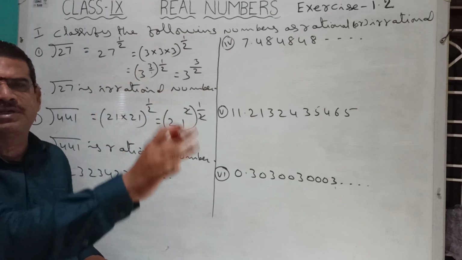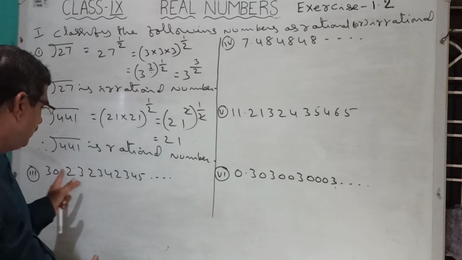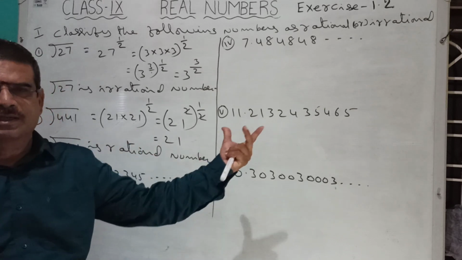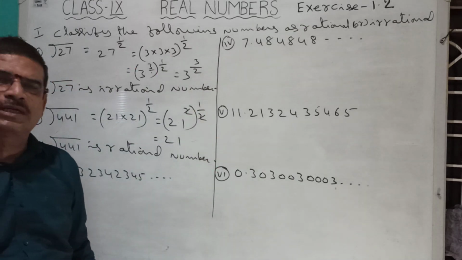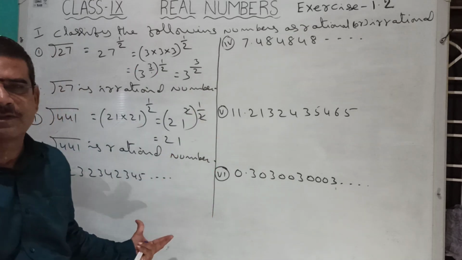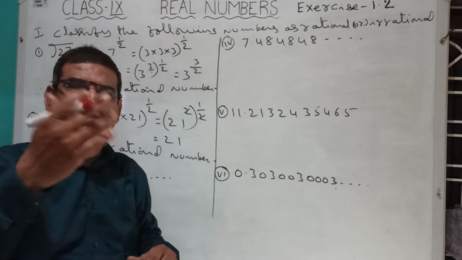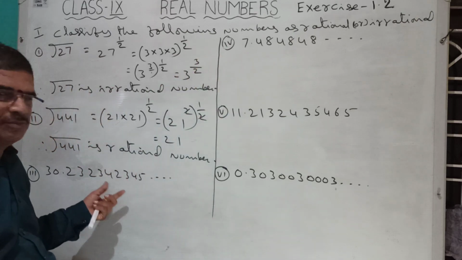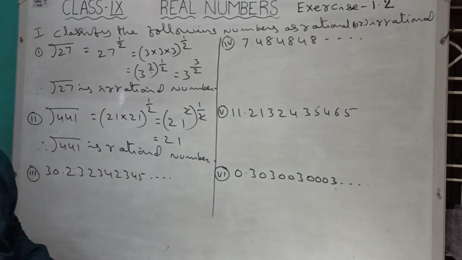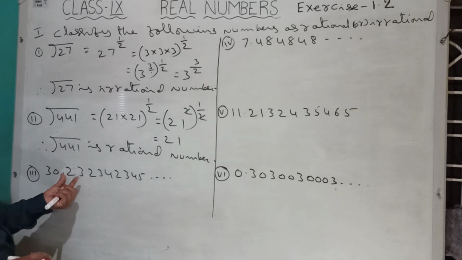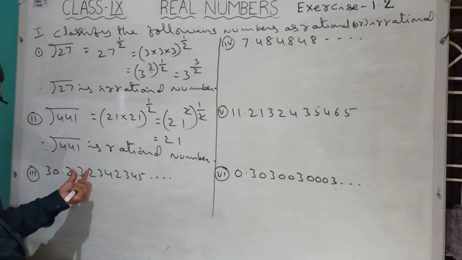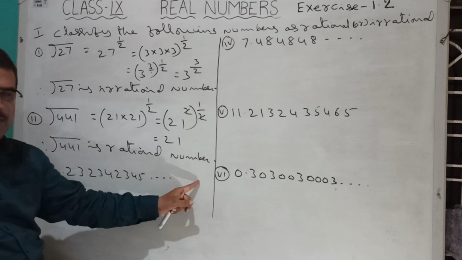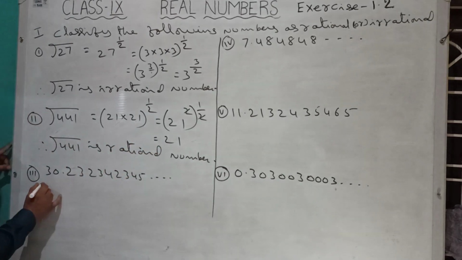One is, if there is an ending number, that is a rational number. If the decimal is repeating, repeating means coming back, then in that case also we say that it is a rational number. If the number goes on irregularly, non-repeating, that is an irrational number. In the decimal system, you have to remember these 3 points. I already told in the introduction class. So here, see, this number is non-repeating: 2, 3, 2, 3, 4, 2, 3, 4, 5, going on like this. No ending, no repeating.